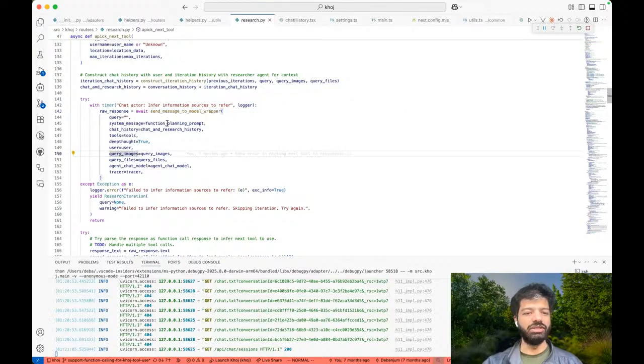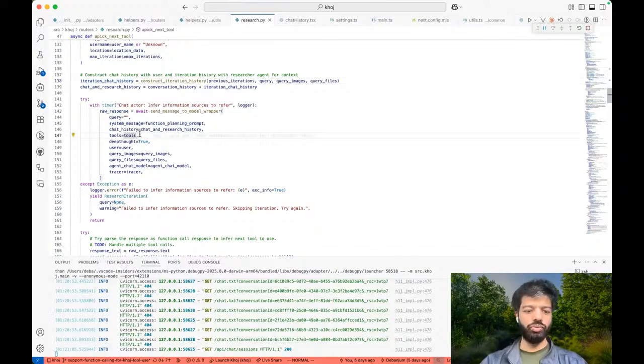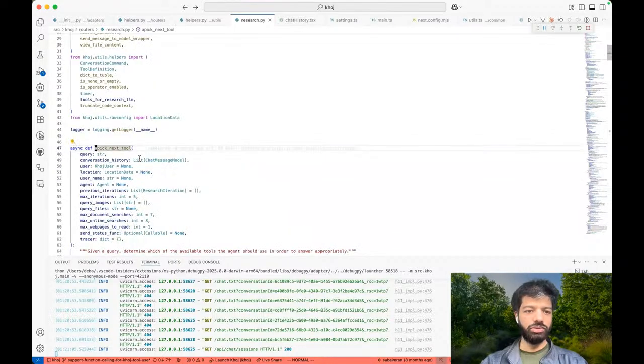The query has been put into this chat and research history portion. That's why it's set to null or empty here, but it's been put into this portion, right? So the user asks a query, research mode goes into the iteration loop, asks the LLM every time, hey, which next tool to pick, if any.